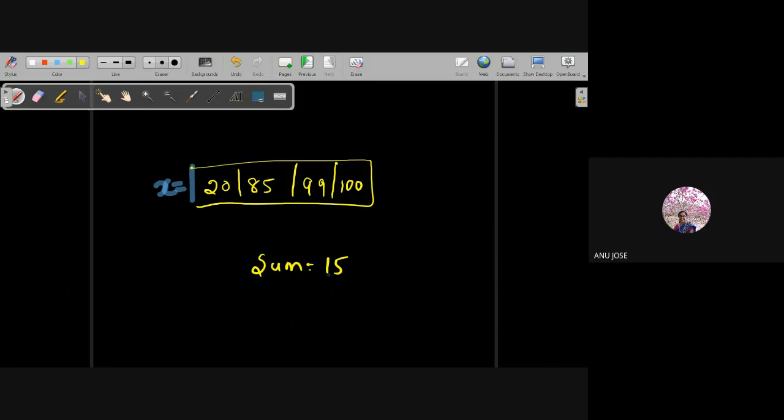Immediately, by looking at the first element itself, you get to know that the sum value I am searching for is a smaller value. So there is no need to check any of the other elements to see whether the sum equals 15 or not. That is also one condition, and we are assuming that the elements are arranged in increasing order.